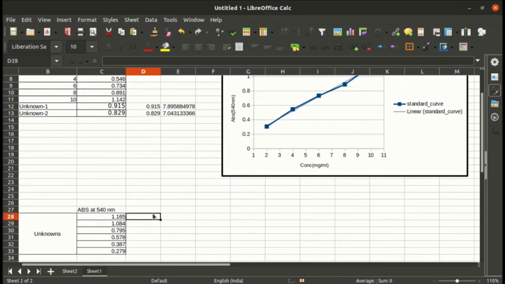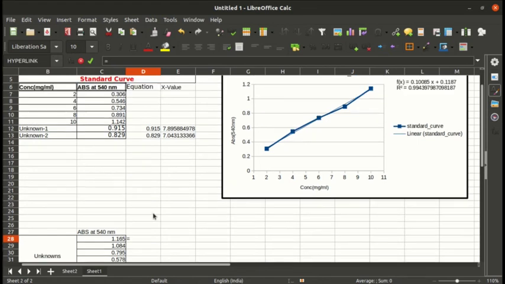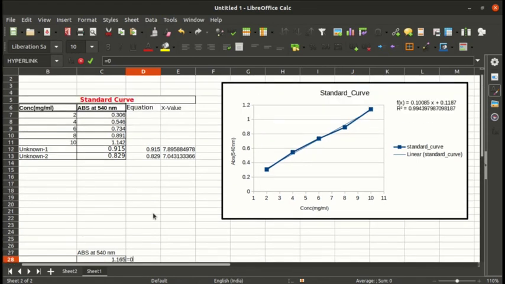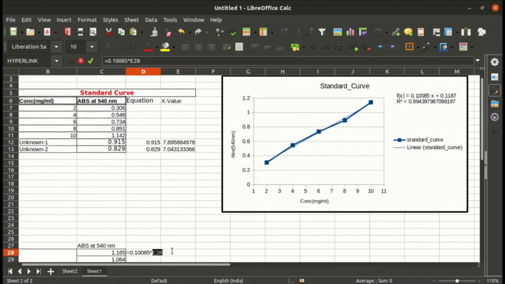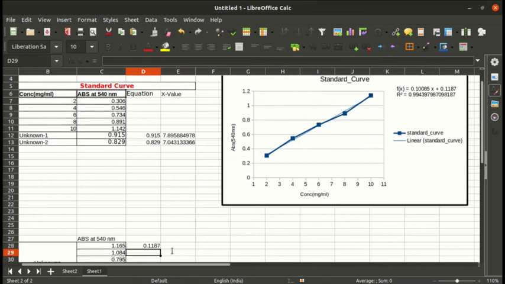Let me type in my equation first. Equals 0.10085 into the adjacent cell plus 0.1187, and you don't need to type this every time.